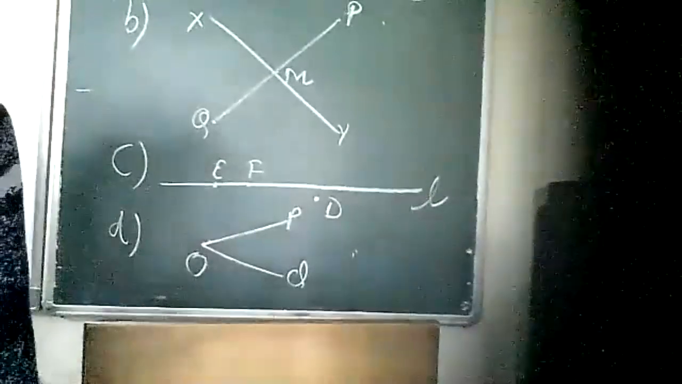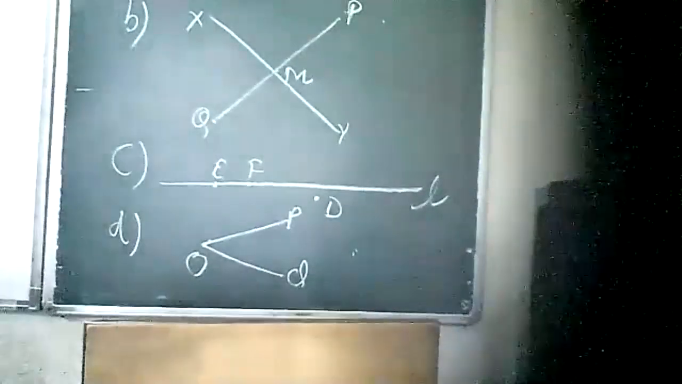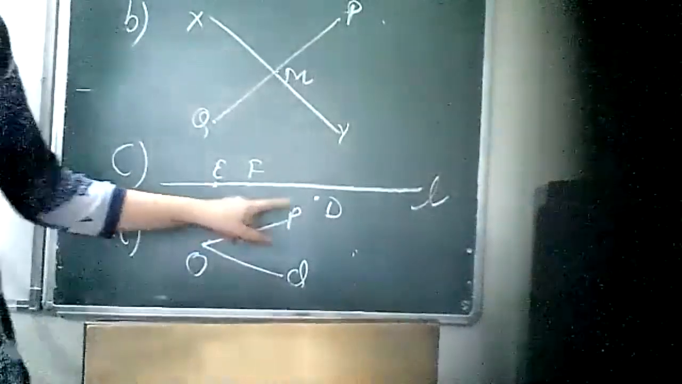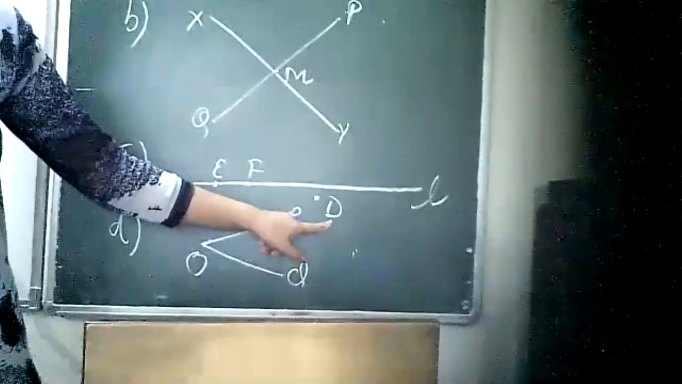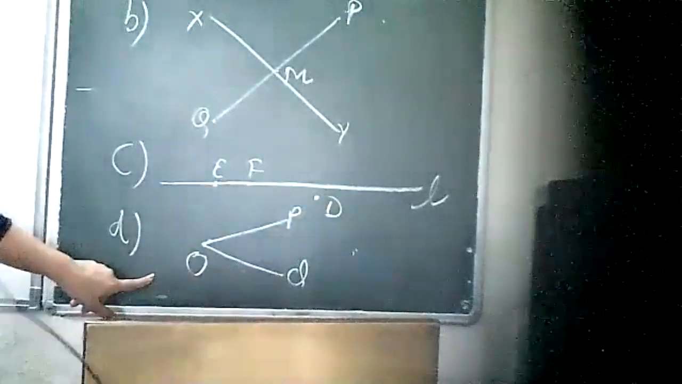So in C part, it is given that line L contains E and F but not D. So in line L, we have marked E and F point, but D will be outside this line. D will be outside this line, not on the line L. And in the D part,